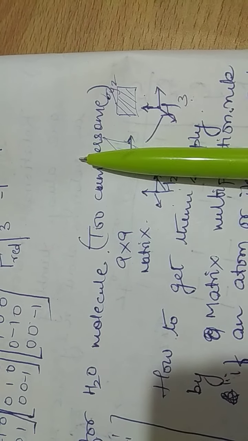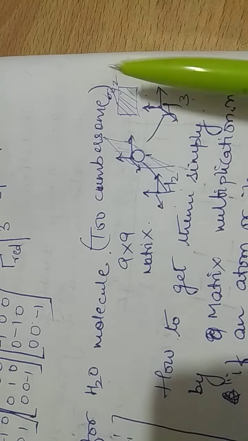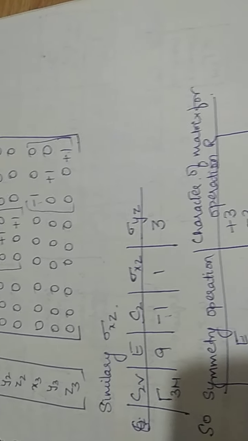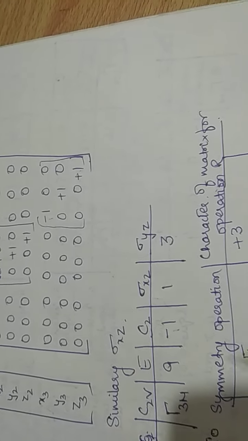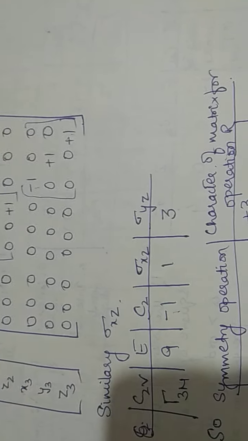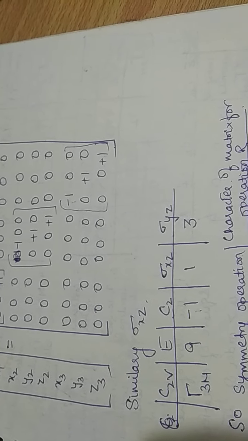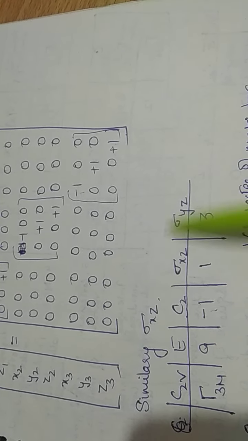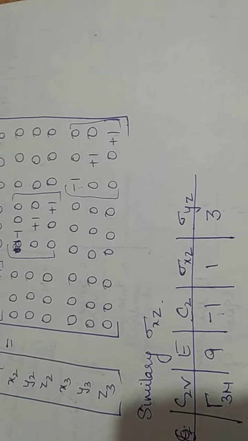So when you are cutting this here, H2 will go to 3 and 3 will go to 2, and oxygen stays at the same position. So a similar type of matrix you are going to get, just the answer will be positive terms. Okay, right? So draw this matrix of xz and show it to me. If there is a doubt, let me know. Okay, so this is the final C2V matrix you are going to get.